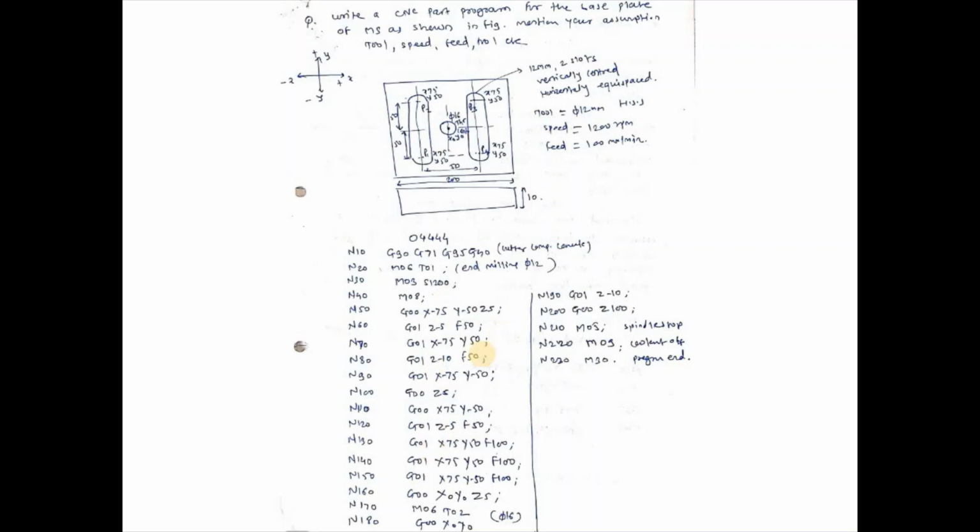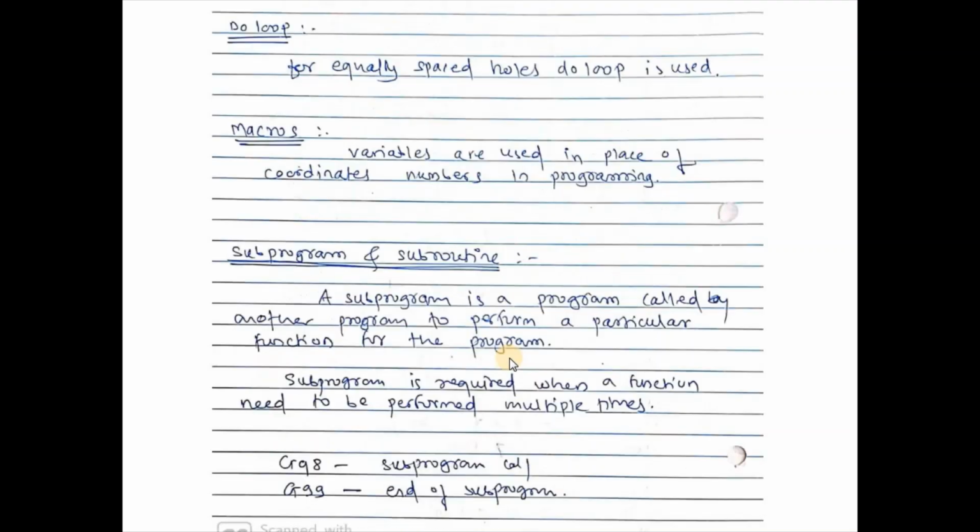You can use either, there is no problem. If they are asking for only cutter compensation, or if you want to do only cutter compensation, you can use only cutter compensation. If you want to use both the canned cycle as well as cutter compensation, you can use that. Okay, there is no problem. This we have already seen.